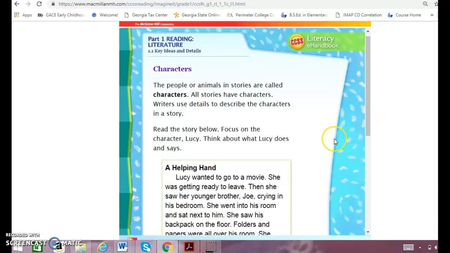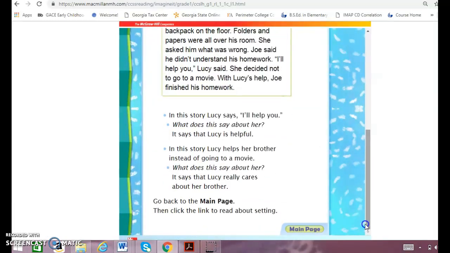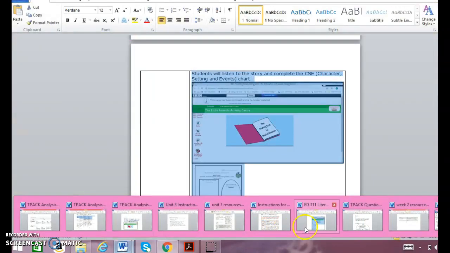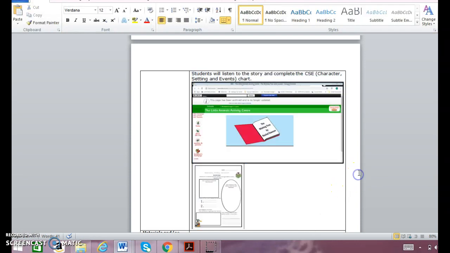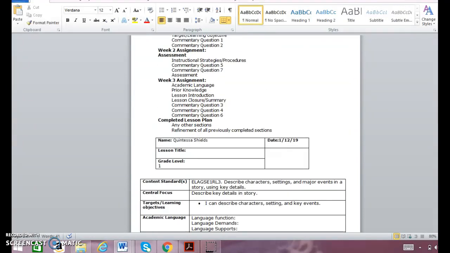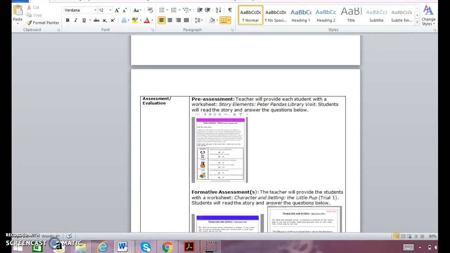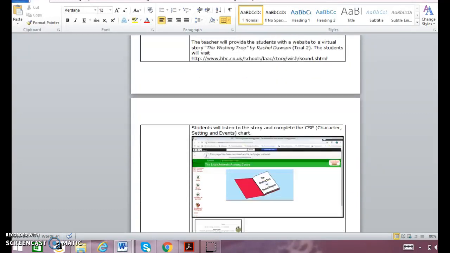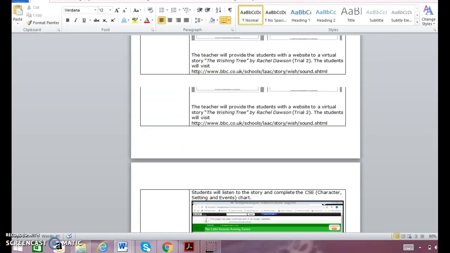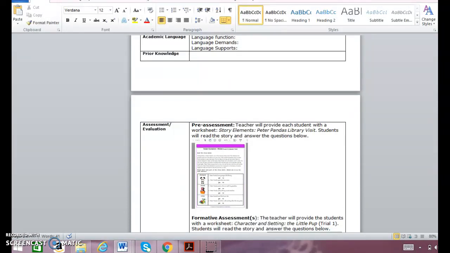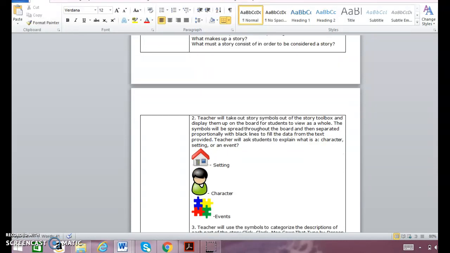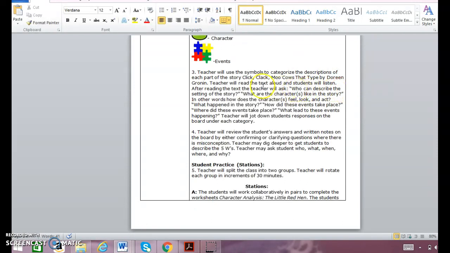And after we go over each of these, I would read to the students a story that I have found. In Ed 311, we're making a lesson plan, and so I piggyback off of what I've already been doing in that lesson. I'm using the different assignments that I use in this lesson plan. So for this particular lesson, I would be using in my instruction the story called Click Clack Moo, Cows That Type